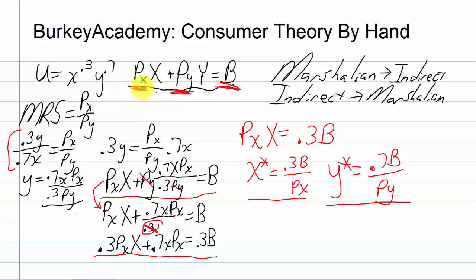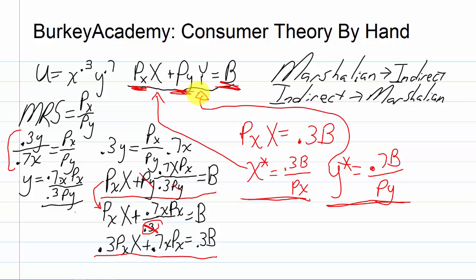So in order to get the indirect utility function, all we need to do is take these two functions and then substitute x star in here for this x, substitute y star in there for that y into the